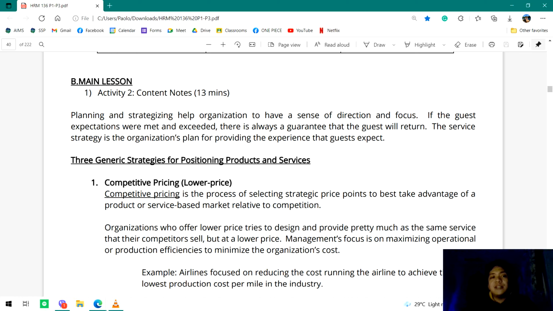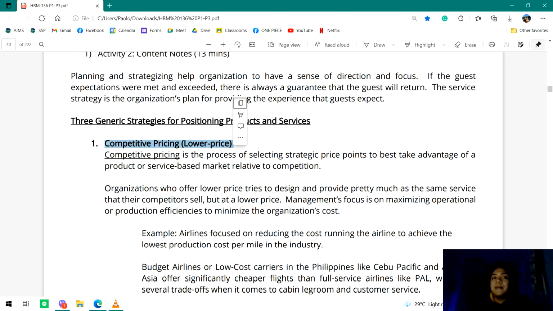And how will we achieve it? Basically by these 3 generic strategies. So the first one being is competitive pricing. This is